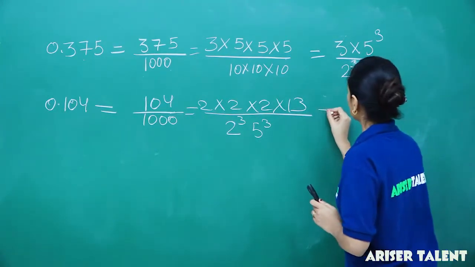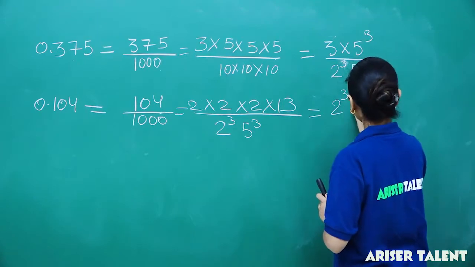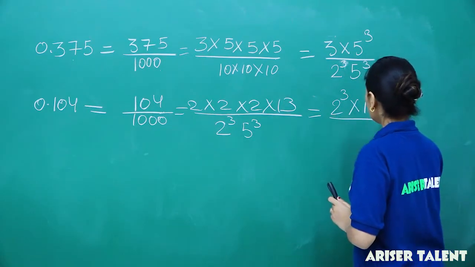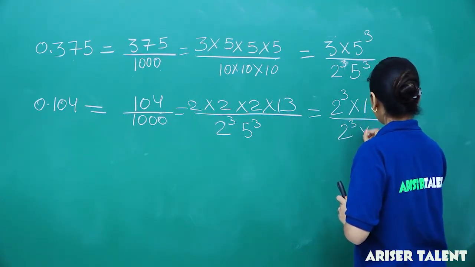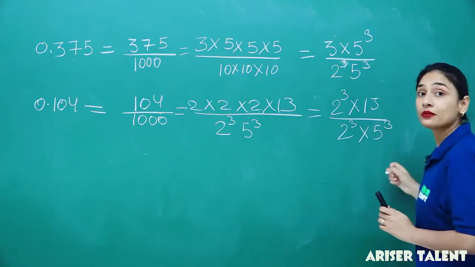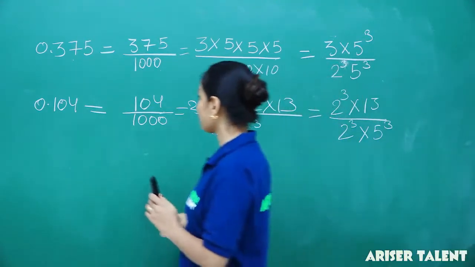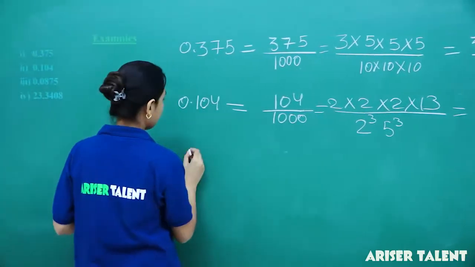Now we will write it as 2 raised to power 3 multiplied by 13 upon 2 raised to power 3 multiplied by 5 raised to power 3. Okay. Now, the third one,